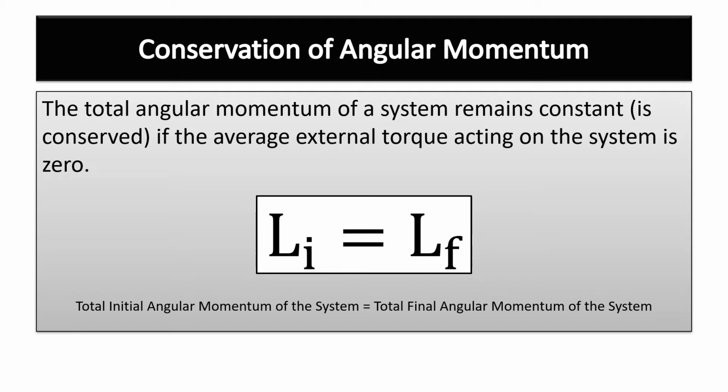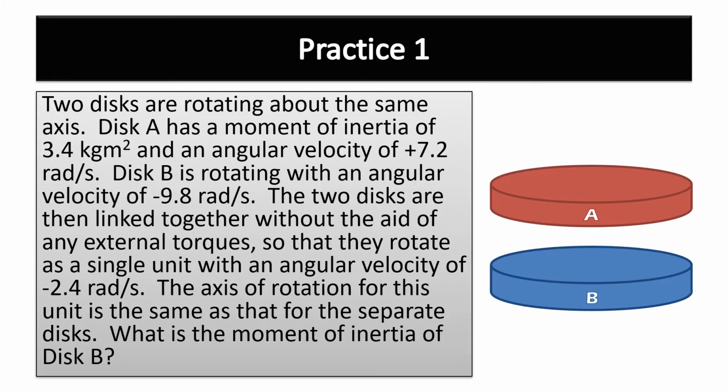So we can definitely have some fun with conservation of angular momentum. It says the total angular momentum of a system remains constant, or is conserved, if the average external torque acting on the system is 0. So we started off the video by talking about this concept with the ice skater. Let's continue the idea of conservation of momentum by doing something similar to the inelastic collision problems that we did